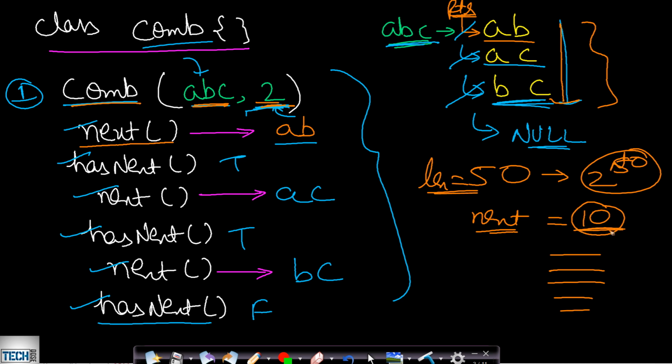So instead of doing that, whenever the next function is called, we can try to generate the new string. By doing that, we will be avoiding a lot of time expenditure, and this will have a very low time complexity. So this is one of the fastest solutions, and I hope you will try to implement it. Let us now look at the code for both the approaches which I have explained.